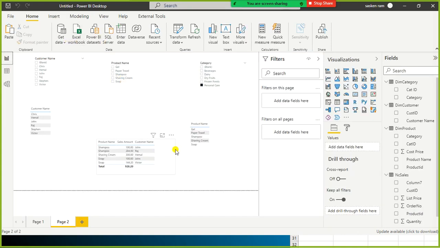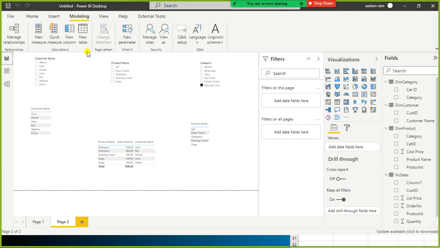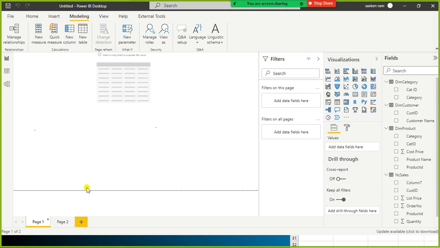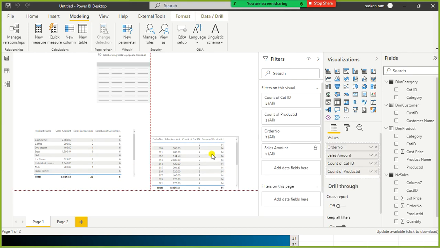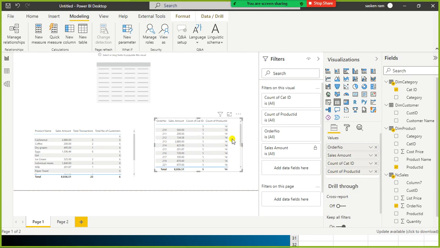I quickly go here and create a measure. Here we are using the sales amount, isn't it? The sales amount, and we were using the count of product, everything. Look here, it is all repeating. Since these values are coming from my sales table, it shows correctly, whereas here it does not. So we will write a DAX measure to fix this issue.